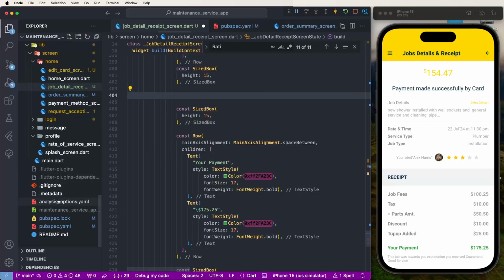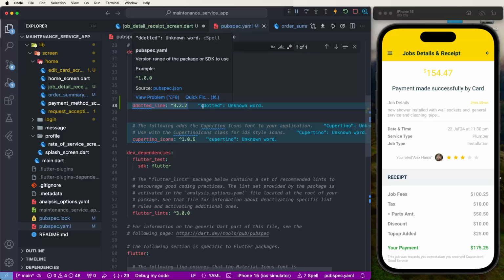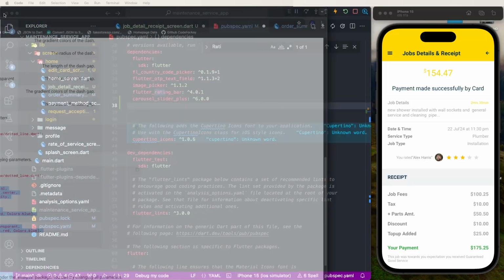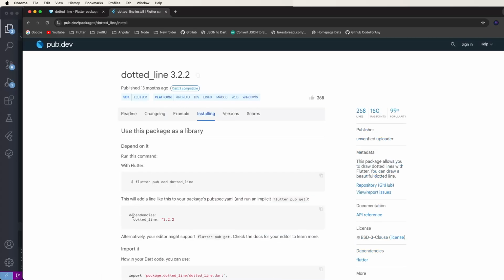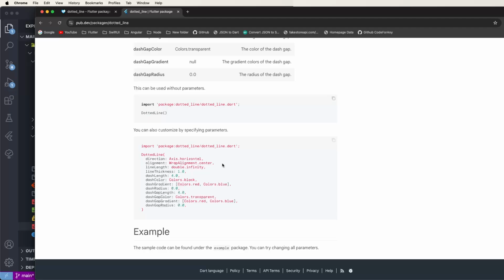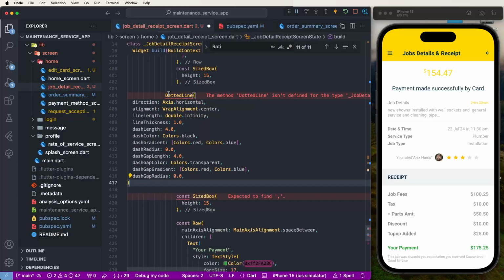So need to remove this because not importing these libs. Now we need to find another lib for dotted lines. Now go to installations and copy and paste here. Now save and go inside the readme and copy this line of code, and paste inside our code, import this here,